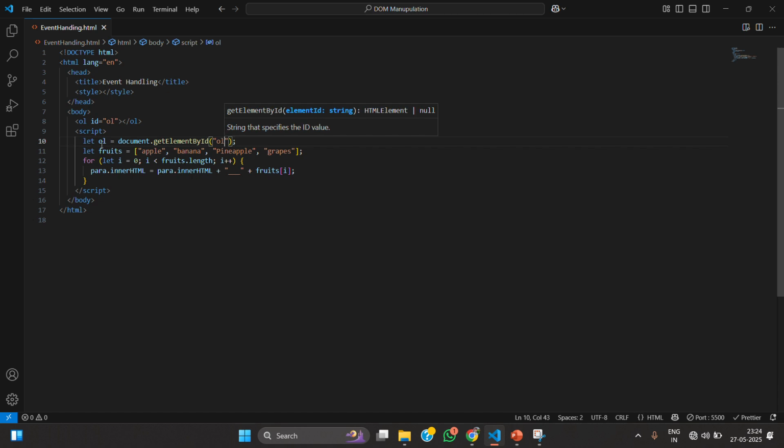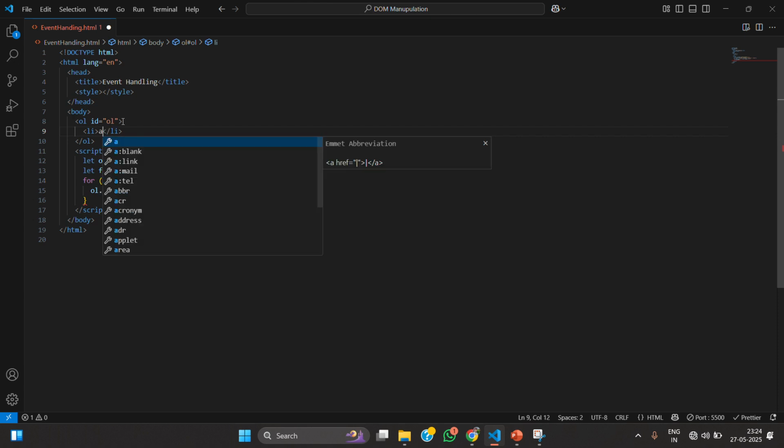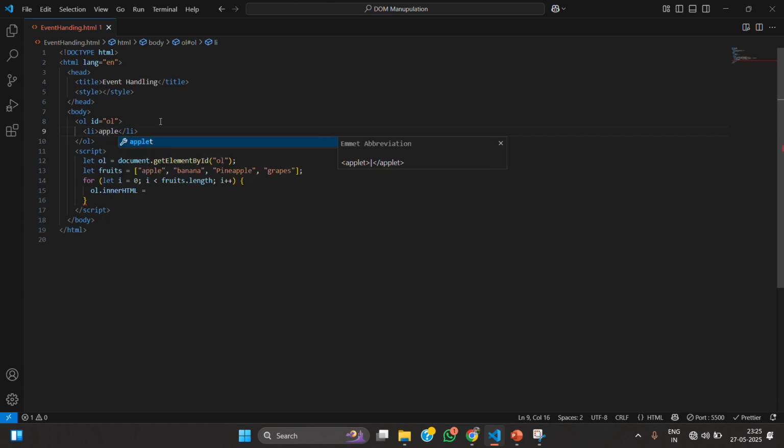So we have selected this ol and we need to update it. Then ol.innerHTML is equal to. Now here is the understanding point. What will we write here? We are traversing the whole array and we have each value, but we want li and the fruit value, right? So for this we can write ol plus equal to,